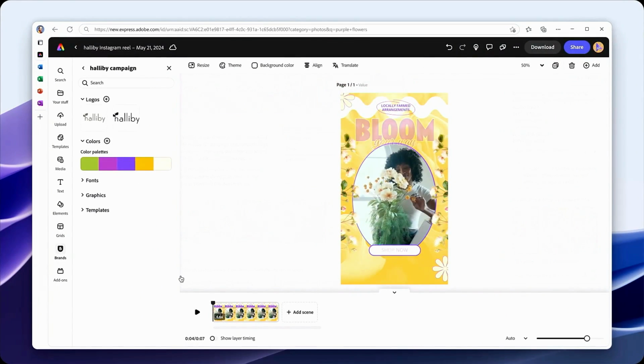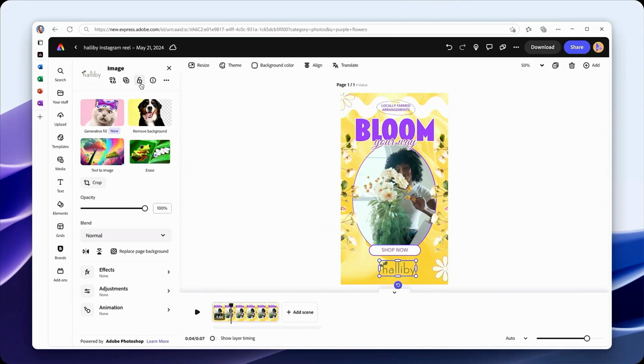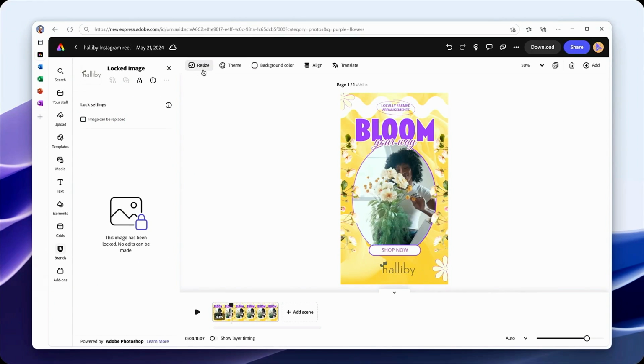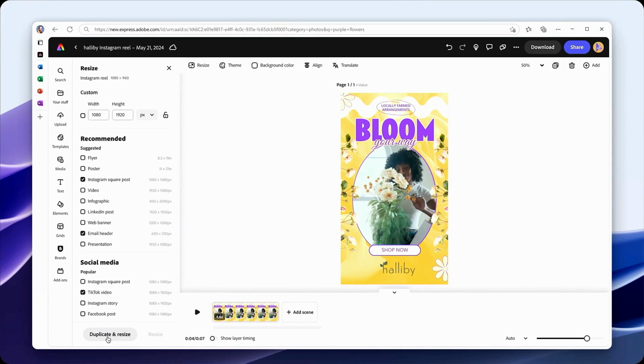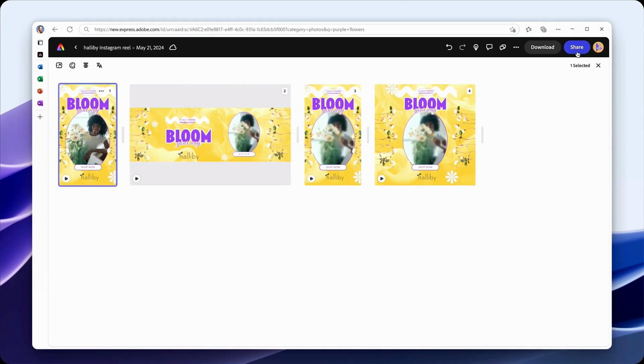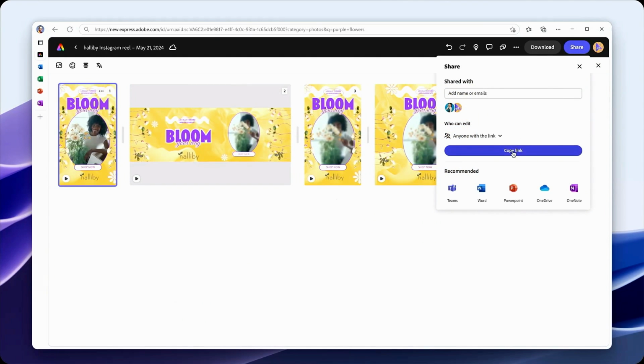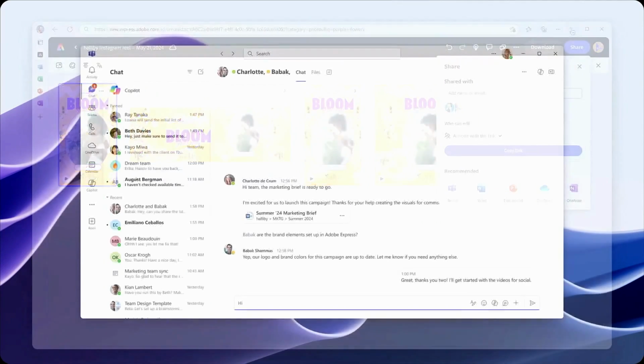Now, they open it up in Adobe Express. They're going and editing it in Adobe Express itself. And you're able to see that the workflow is moving from Copilot to the source application where you're going to edit that, and then go back and share it back to the team chat, where Copilot also has access to that data.